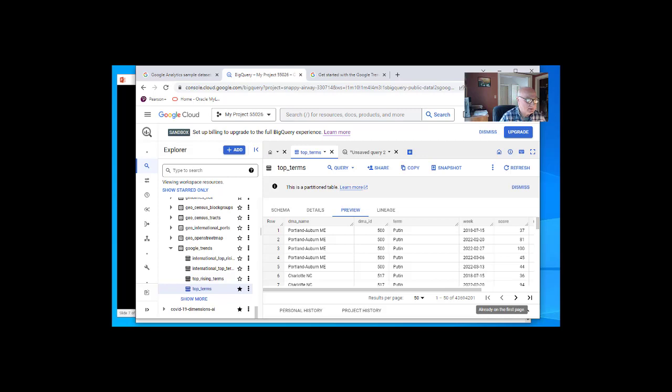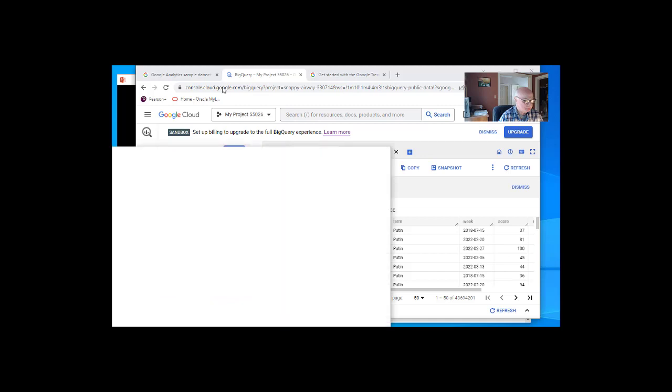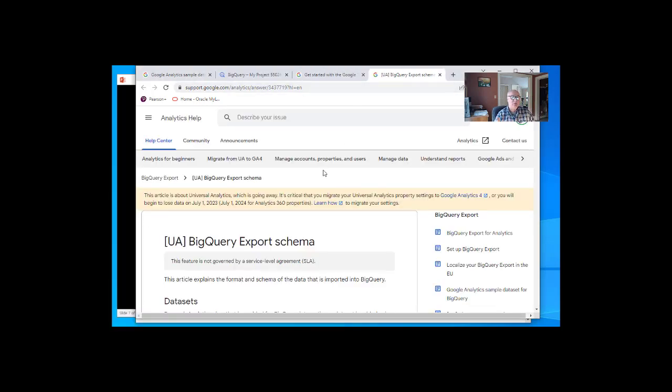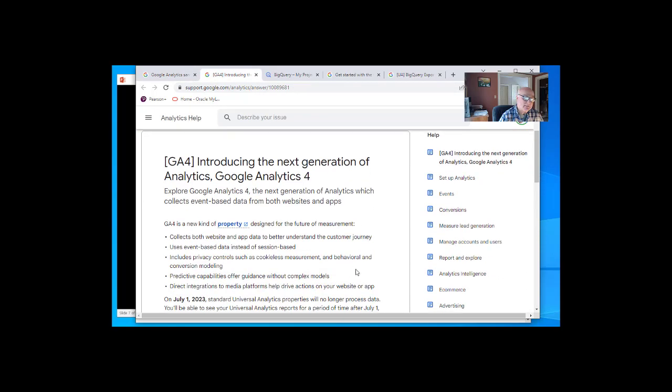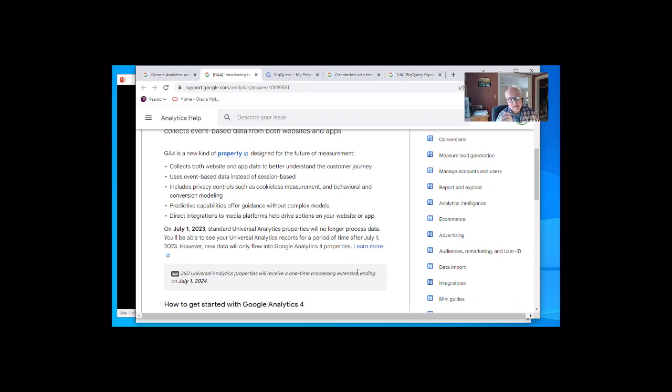Now, let's look at a couple other tabs I've got going here. Here's some more tabs. Now, you'll notice that Google Analytics 4 is coming along, and some of these links are for Google Analytics 3. Well, we'll just have to deal with that, and you guys can figure it out as you go through. Here's information about the next generation of analytics, Google Analytics 4, and it sounds like it's kind of a big deal. Now, if you haven't seen this before, what Google Analytics does is that if you were an administrator for